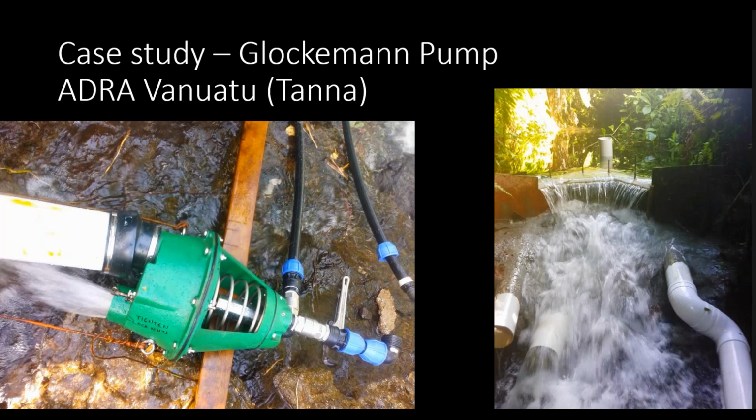So to the right is the intake structure, and you can see that it's like a weir in a stream, and one of the drive pipes obviously has a bend in it, which doesn't matter too much because it doesn't have to be a straight pipe. And also the head difference between this water level here and the level of the pump is only about 1.2 metres, so it's a much smaller drop than for the other hydraulic pumps, but that's fine because this pump will operate on a very small head.